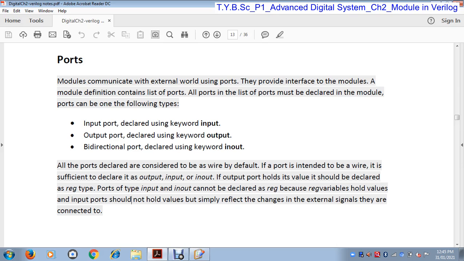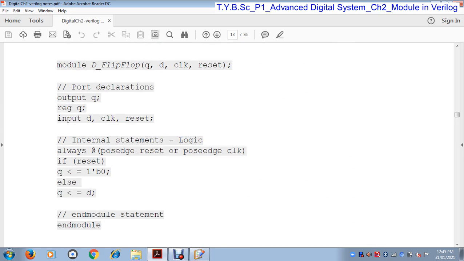So if any variable holds some value, then it is a register data type. Similarly, in a D flip-flop, output Q is an output port. D, clock and reset are the input ports, and Q is the output port. But the Q variable holds some value. Therefore Q is a register data type.